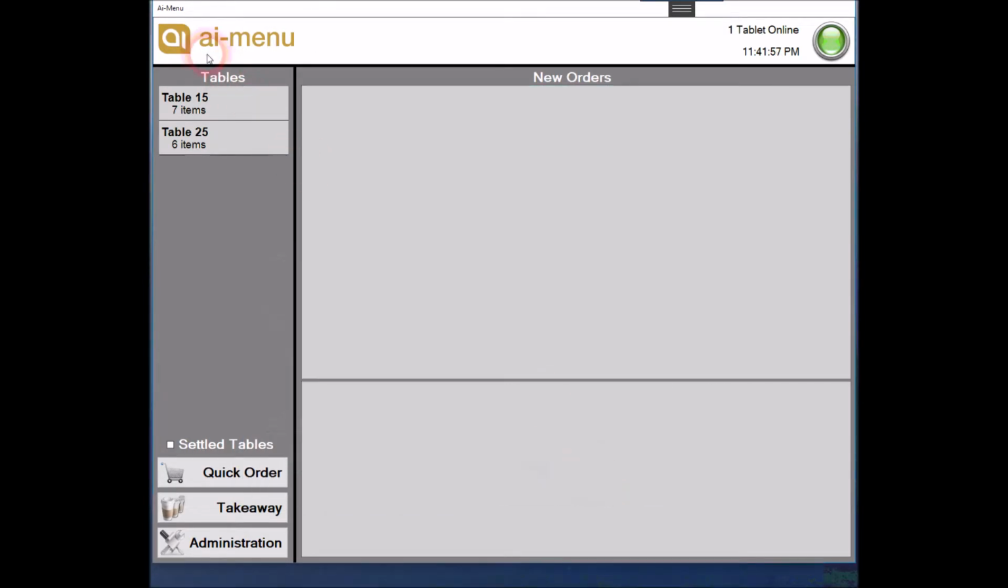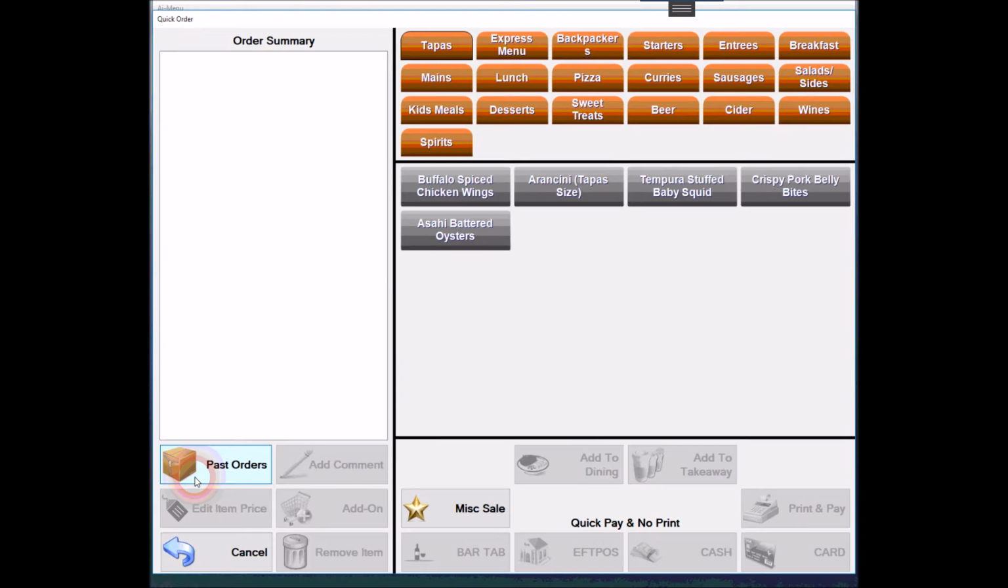Right, I think we've gone through everything for dining sales. So quick order. Why do we need quick order? Well, I'm just going to click on here. That is a typical point of sale screen. The reason you might need a point of sale screen is, let's say somebody just yells across the room, hey, can you put an extra